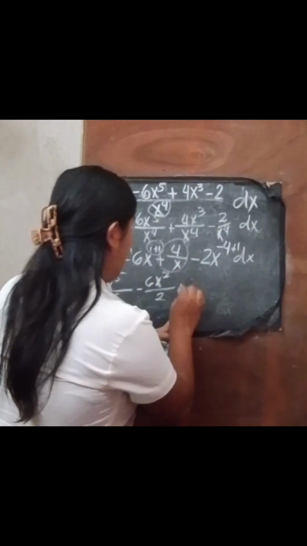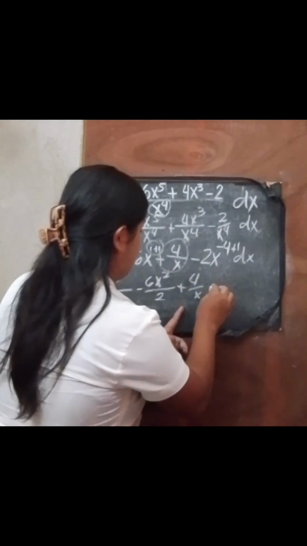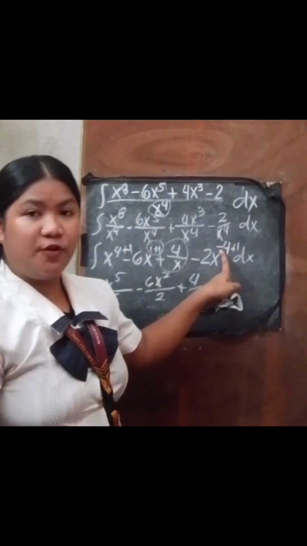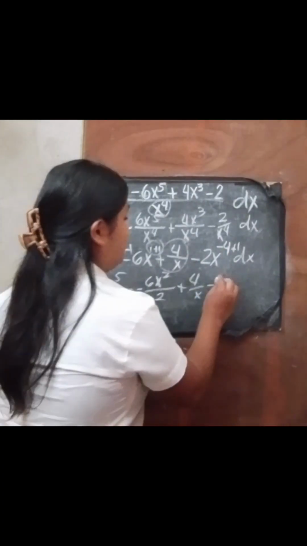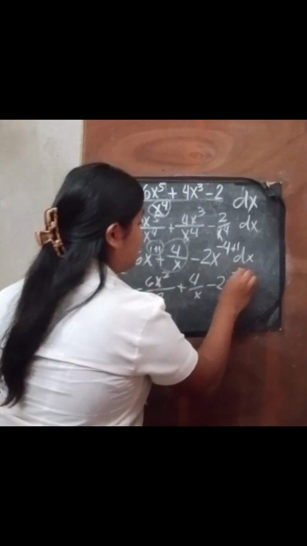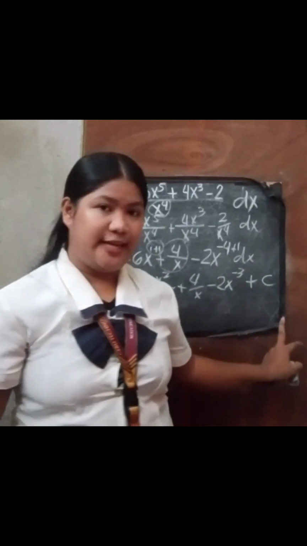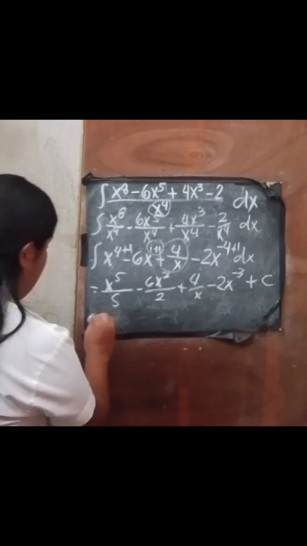Then, next, copy lang nato ang 4 over x. Minus negative 4 plus 1 is negative 3. So, 2x raised to negative 3 then plus c. So, ato na siya mo into final answer. So, it's equals to